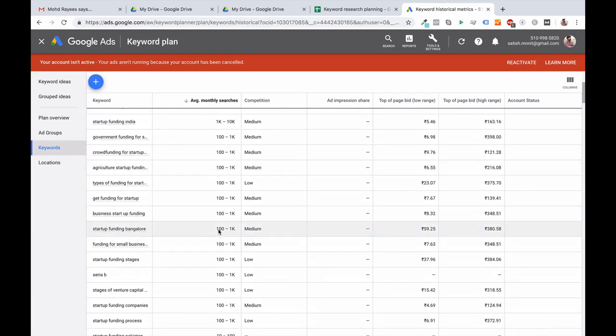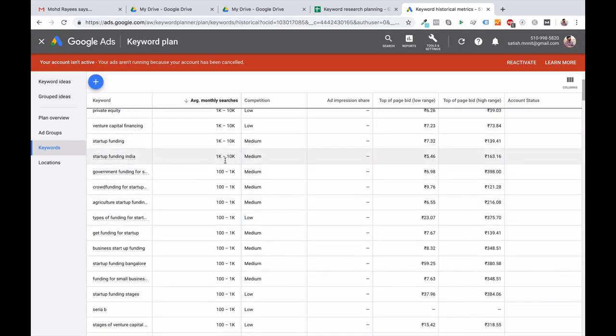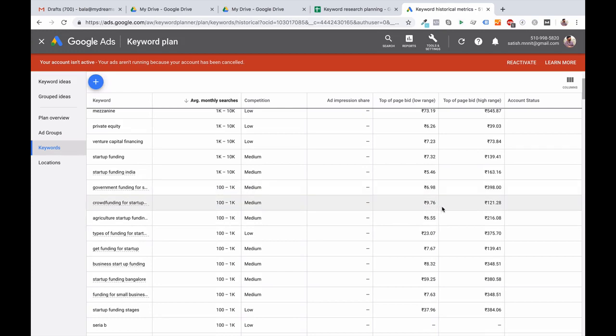So if you see, these are the ones: startup funding, Bangalore, business startup funding. These are the words that people are actually searching for, and funding for small businesses. These are the highly competitive keywords. Government funding for startups. See how much is the page bid. This is the range because it's an auction. Sometimes the bid will be low, sometimes the bid will be high based on the number of advertisers competing for this